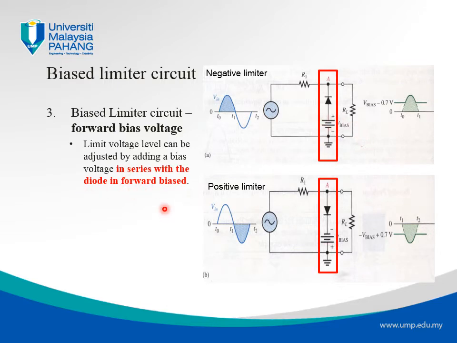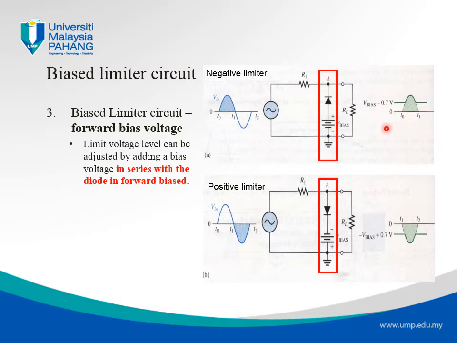If we put it in reverse bias, which is the opposite, the bias is basically added to the clipped or limited voltage part, right? So we add it, for example, instead of being 0 here, it becomes minus 0.7 volt